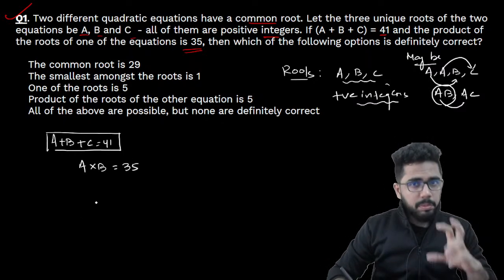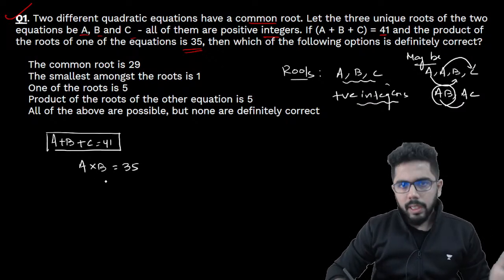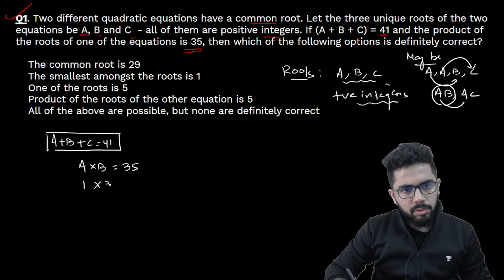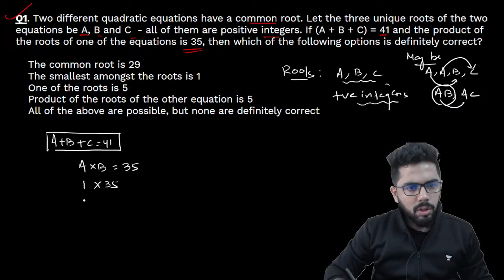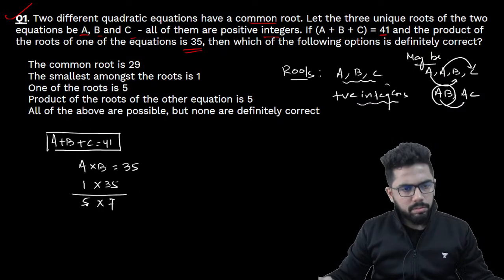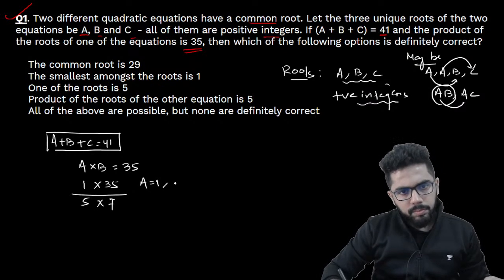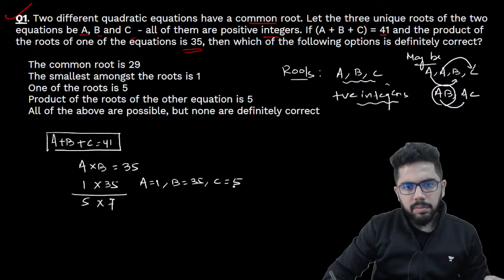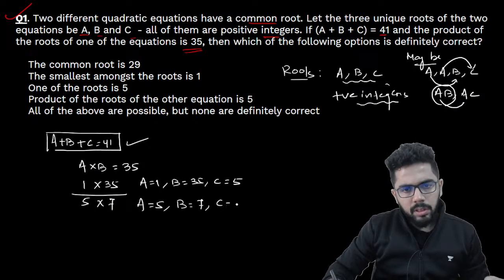Now a and b being positive integers and the product of the roots is 35, in what way can you do this? I can write it as 1 into 35, this is a possibility। एक root 1 हो गया and the second root is 35, or maybe I can write it as 5 into 7। There's no third way, these are the two ways you can write। अगर तुम a को 1, b को 35 ले रहे हो, so that means c is coming as 5, क्योंकि sum 41 आना चाहिए, and in this case if I'm taking a as 5 and b as 7, in that case c is 29।